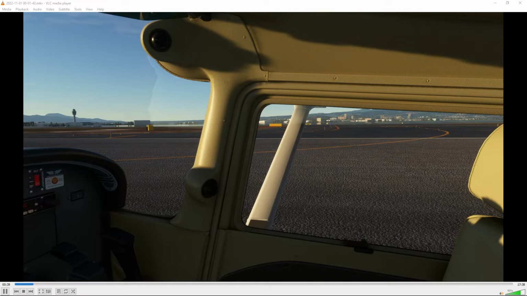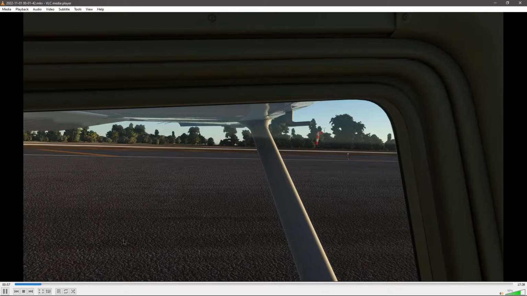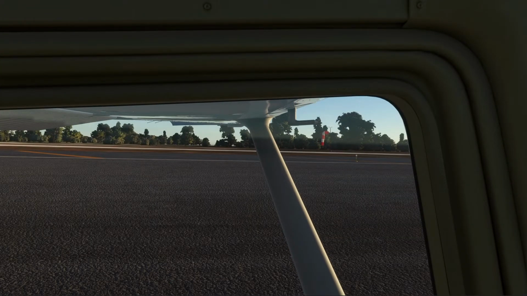So with that being said, what I'd like to do here is a quick flight in Hawaii, so that you all can get a feel of how this would look, and some of the advantages to it. The biggest advantage I'll flat out say is that when